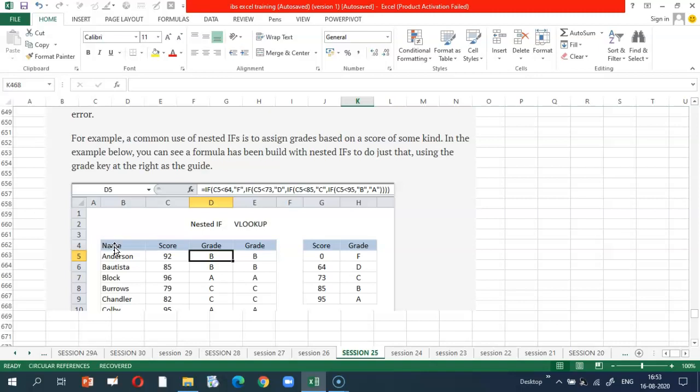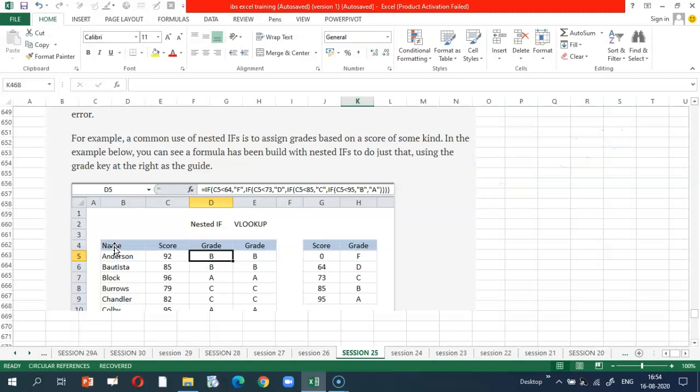For example, a common use of nested IF is to assign grades based on a score of some kind. In the example below, you can see a formula has been built with nested IF to do just that. Using the grade key at the right as the guide, the nested IF can be used. This formula works fine, but note that both the logic and the actual scores are based on the details given.